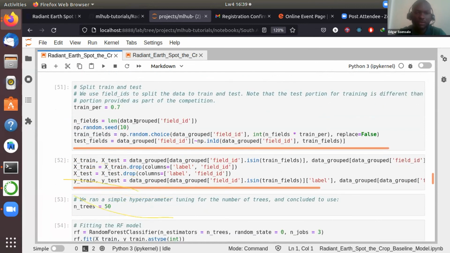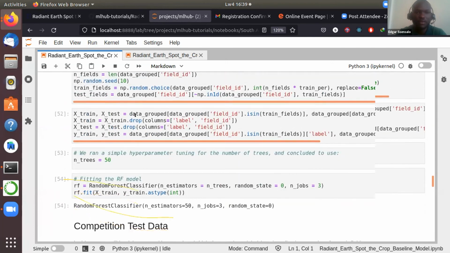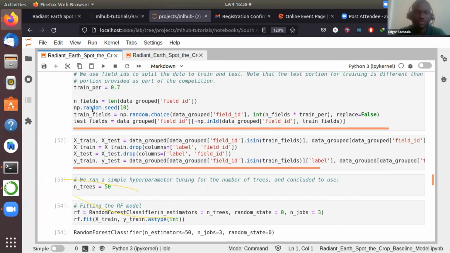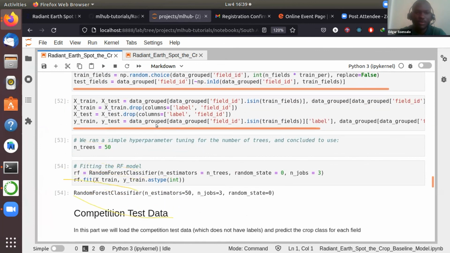Here is where we generate the training set and the test set using a random split. We just create a random size of the train set and the test set, giving the train set 70%, or in this case 0.7. And then for the fields, we just assign these to the train fields and then the test fields. Then when we're done with that,